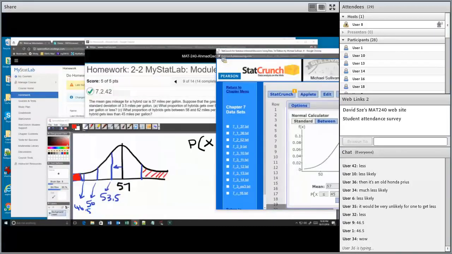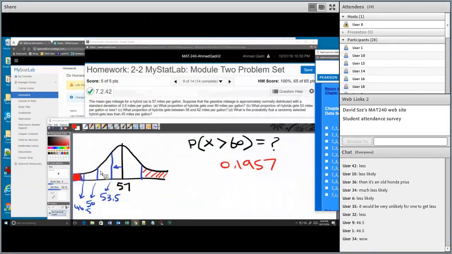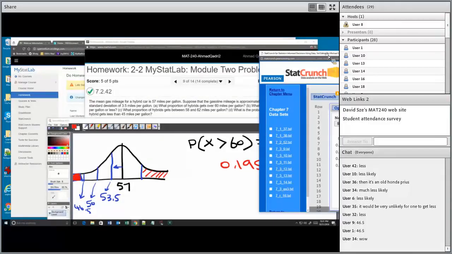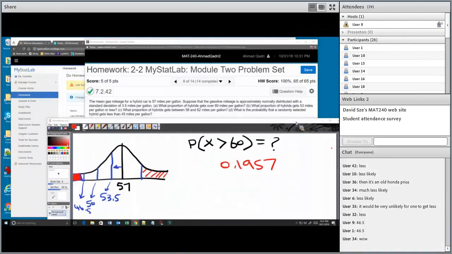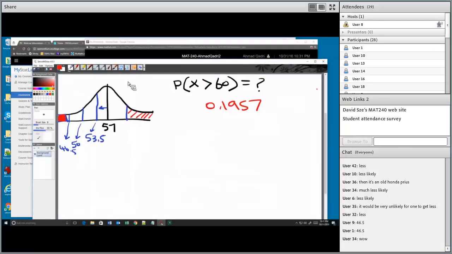The nice thing is that you were able to comprehend this even before you saw the answer. Just by remembering the 68, 95, 99.7 rule, the empirical rule, you were able to tell that this probability is going to be very low. And that is exactly what happened. It's so low that it didn't even highlight it on this graph. So that's the answer. Now before we go, I'm going to tell you one really cool application of this.